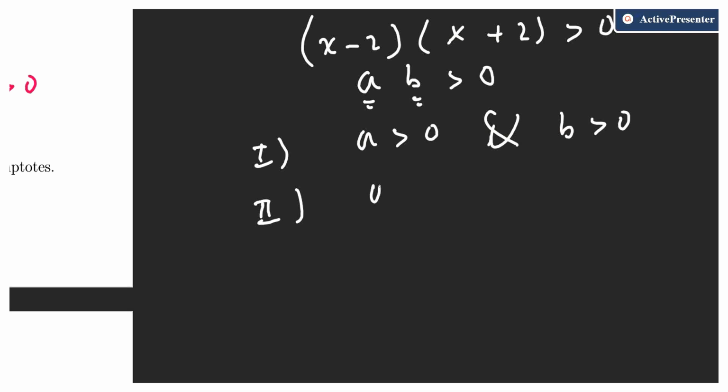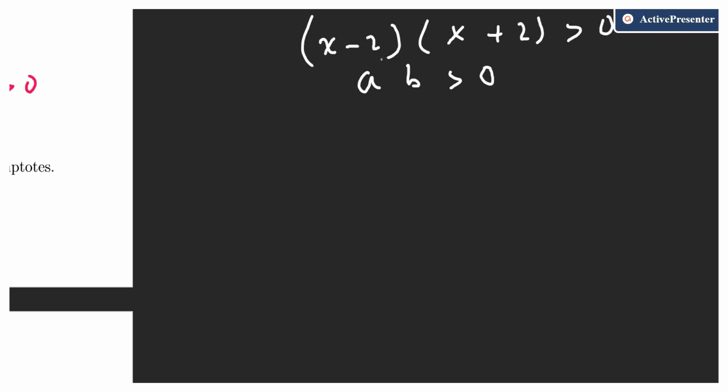The second, when both are negative, we also get their product as a positive number. So we can take a tabular method and simply find the interval. X minus 2 will be 0 at 2,